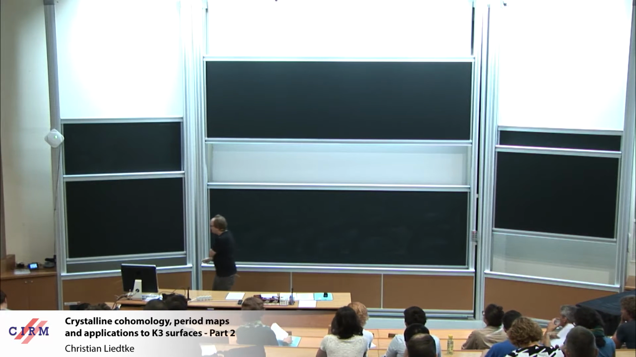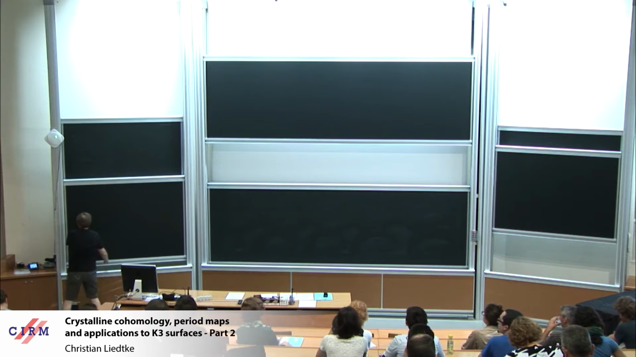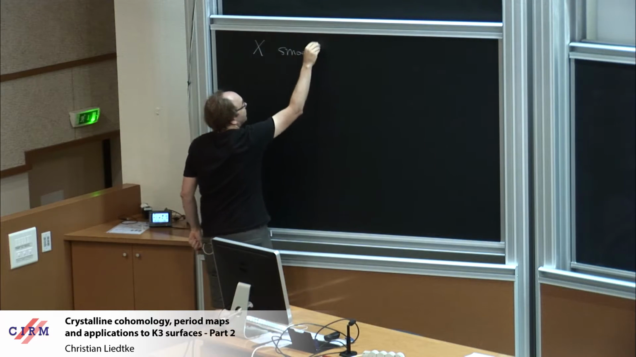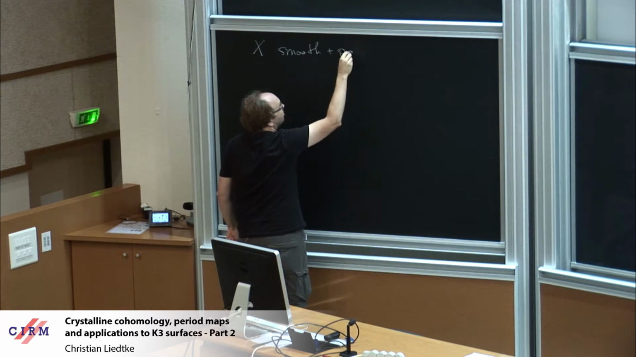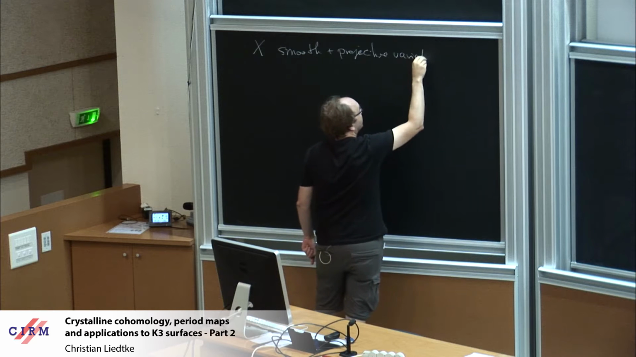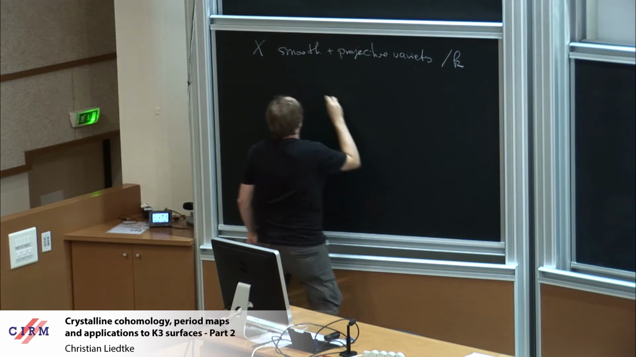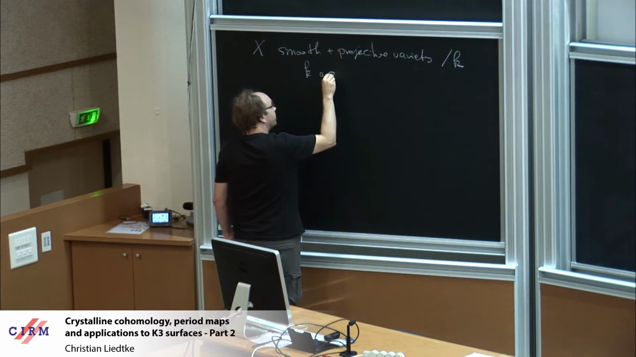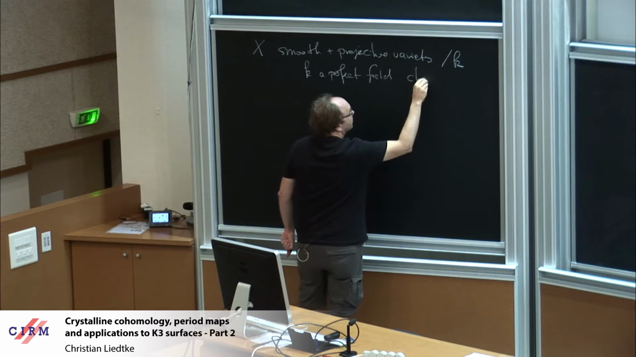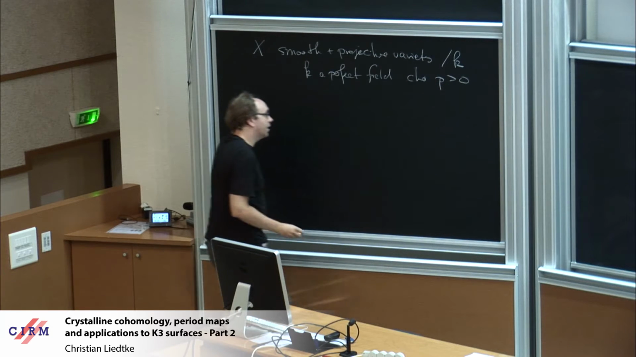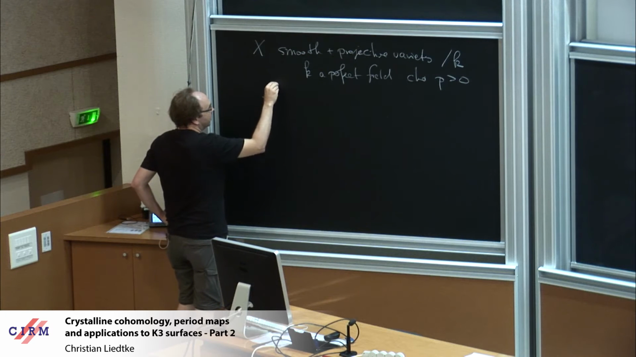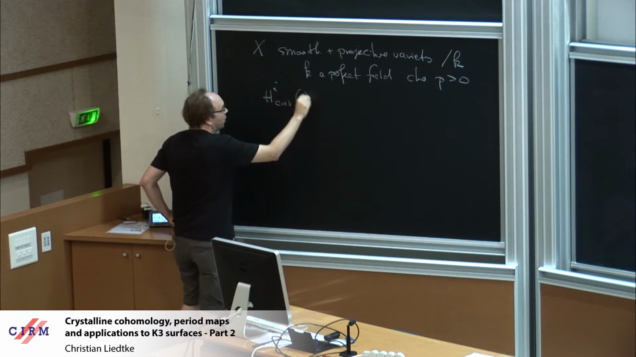Thanks. So let me recall from yesterday where we were. So we had X, say smooth and proper projective, whatever, variety over K, K say a perfect field of positive characteristic. And I explained to you, or I mentioned, or I introduced that there are these cohomology groups